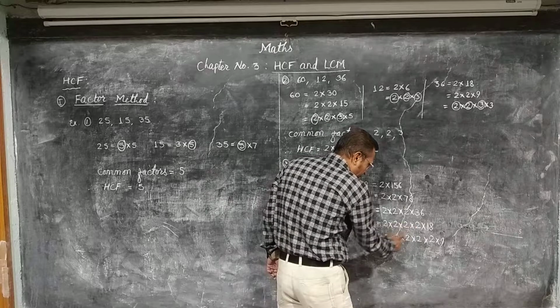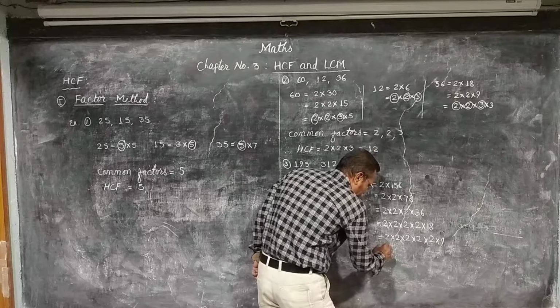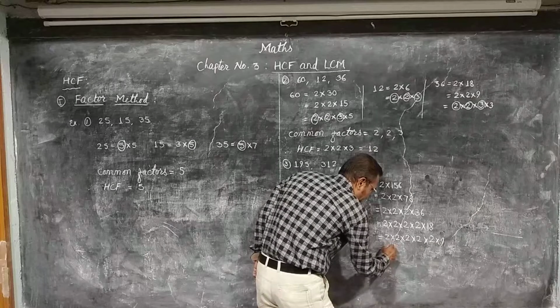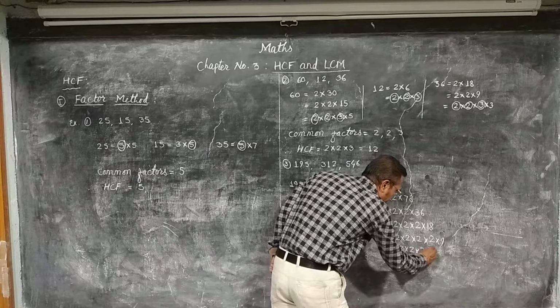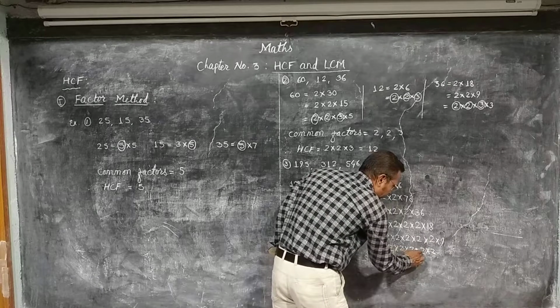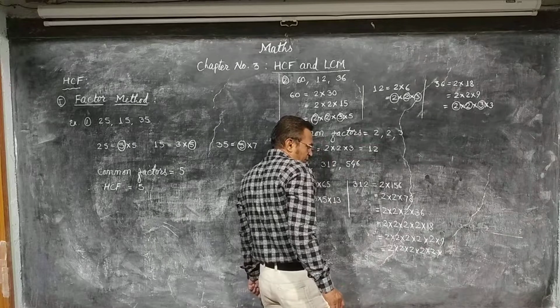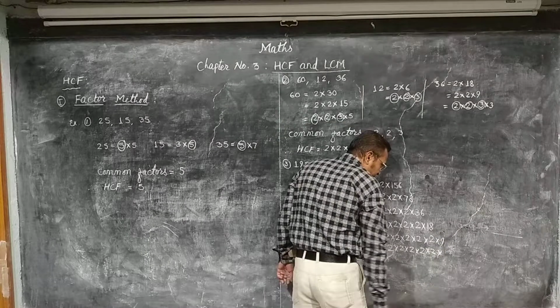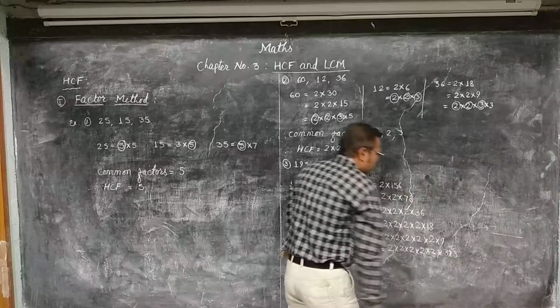1, 2, 3, 4. All these prime numbers you have to bring in the next step. Okay. 2 into 2 into 2 into 2 into 2, that is 1, 2, 3, 4, 5. Again 9. The 9 is not a prime number. It comes in the table of 3. Therefore 3 3s are 9.